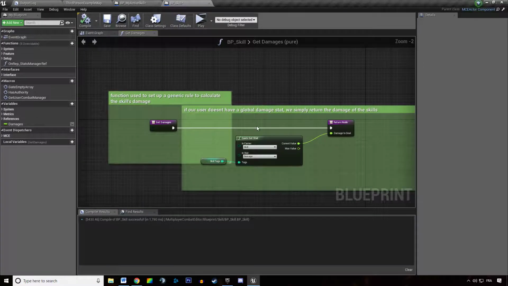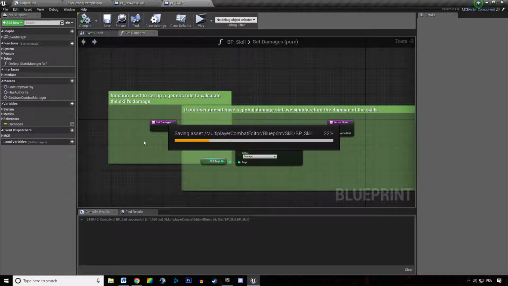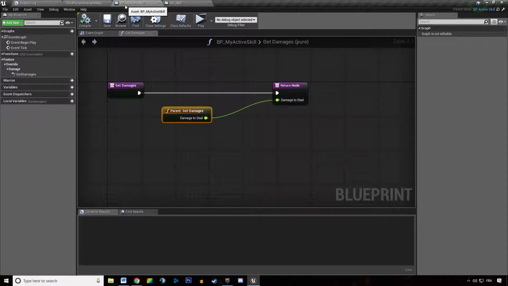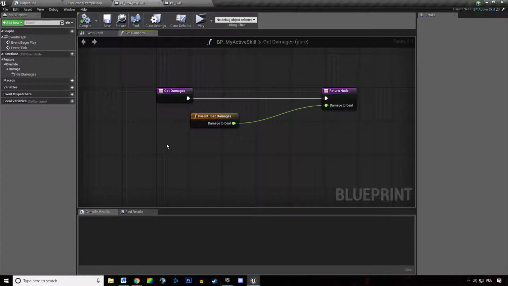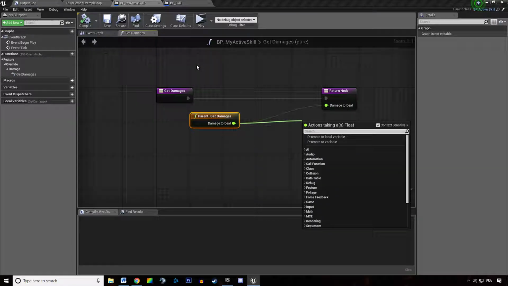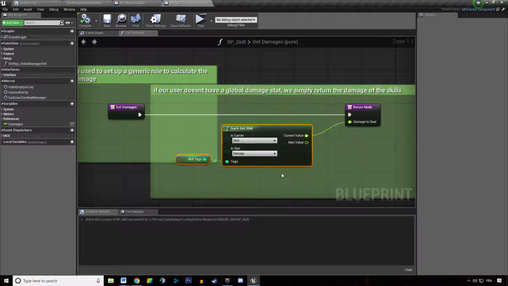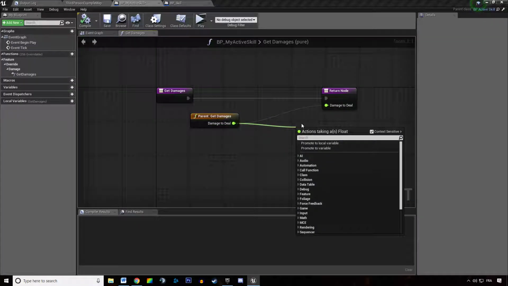And now you can save everything by hitting Control-Shift-S, and you can go back to My Active Skills. And in there, you want to say that the skill deals the amount of damage we want depending on the stats, multiplied by